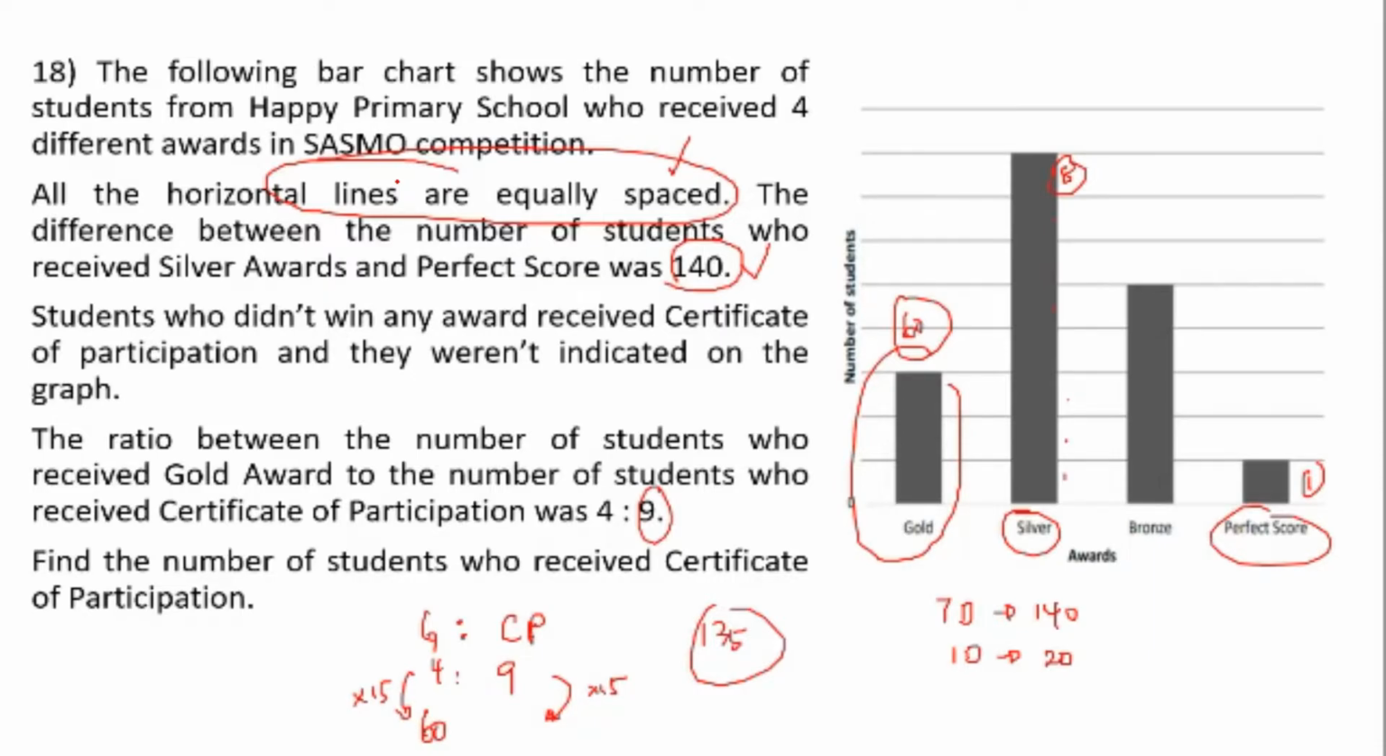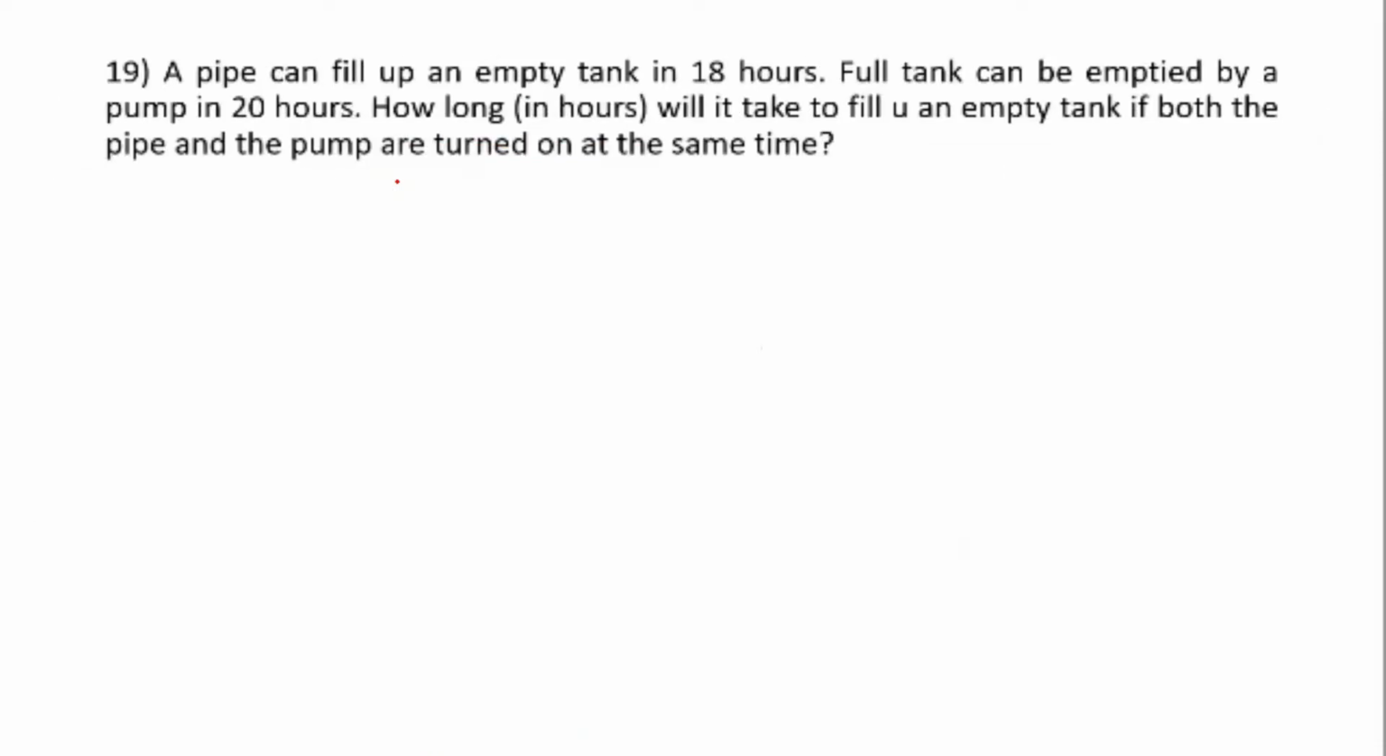Next, number 19. A pipe can fill up an empty tank in 18 hours. A full tank can be emptied by a pump in 20 hours. How long in hours will it take to fill up an empty tank if both the pipe and the pump are turned on at the same time? Right, so now we can see that actually the pipe fills the tank faster than the